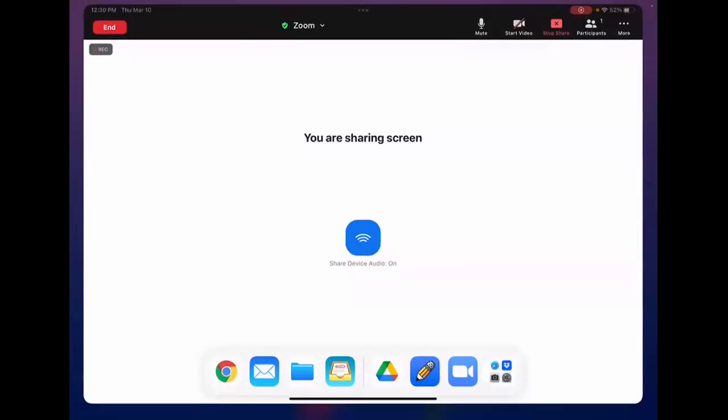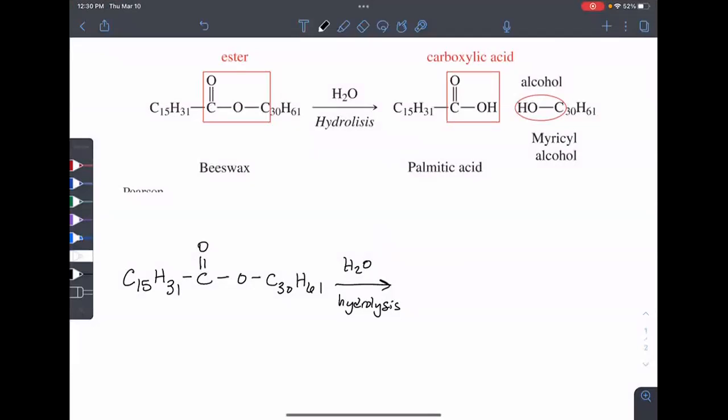Okay, so I'm going to show you how to do an ester hydrolysis. I'm not showing you the exact problem that was in your homework, but it's a very similar problem, and you are starting with something that is an ester. So if you try to go back and remember what is an ester, anytime you have an ester, what you're